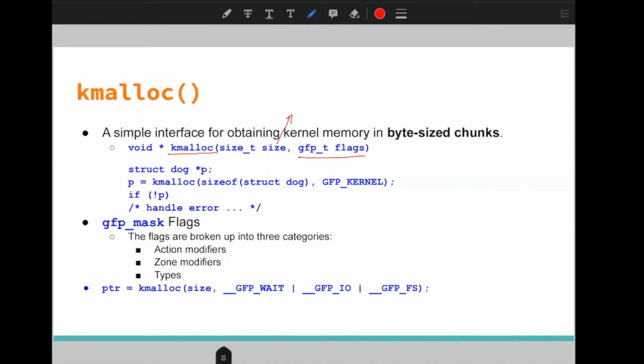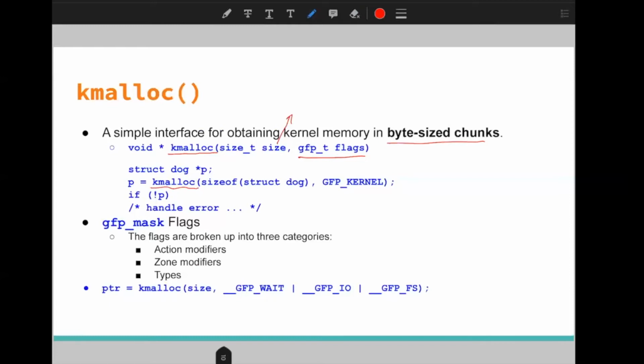Here we are not allocating pages, we are allocating memory in the size of bytes. Whenever we allocate, we have to check if our allocation is successful or not. If it is not successful, then we have to handle that error accordingly.